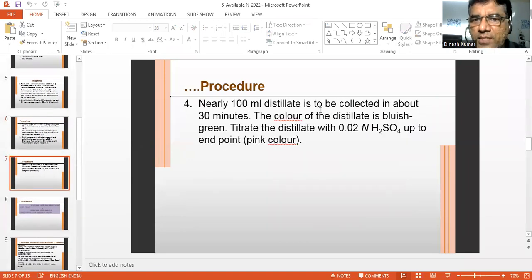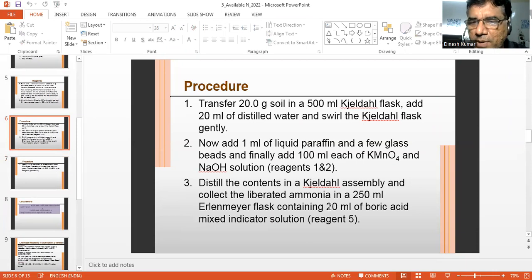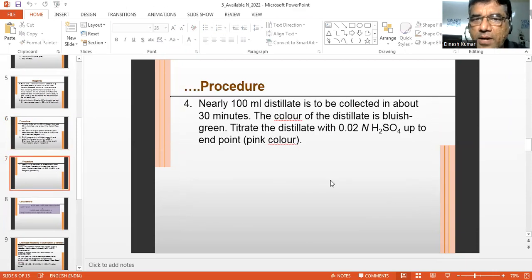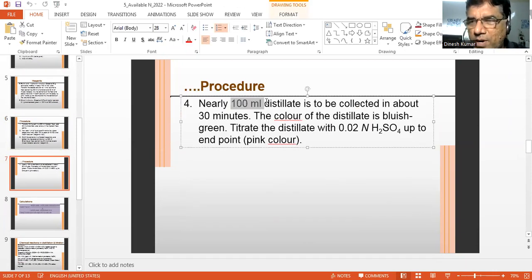So in this the ammonia will be collected. Nearly 100 ml of distillate is to be collected. In the last case, it was 150 ml distillate. Here 100 ml of distillate is to be collected. It means when you have taken 20 ml boric acid and it becomes about 100 ml, then you can stop the distillation process. Otherwise, you can use the same red litmus paper; if there is no color change,